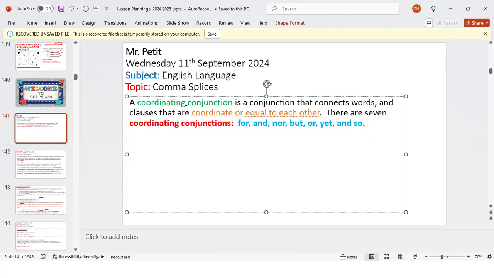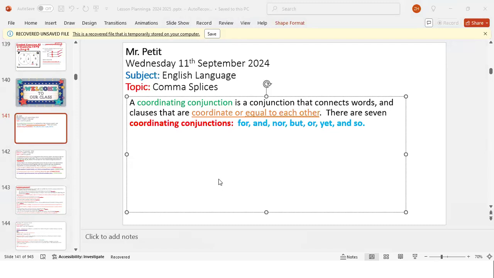What do we call these? Fanboys. We call them what? Coordinating conjunctions. Coordinating conjunctions, right? Zion, where's Zion? Zion Davis? Yes, sir. What do we call these here? What I have in blue, what do we call them?